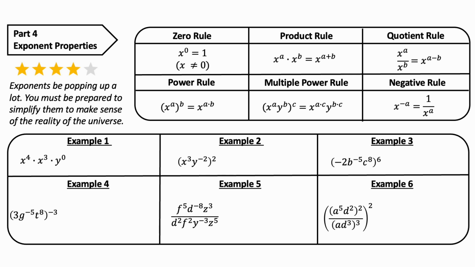So that y to the 0 just becomes 1, and now we're multiplying everything by 1, so that can really just go away. Now x to the 4th times x to the 3rd, well, we can just follow the product rule. We have the same base, and so when we're multiplying two exponents that have the same base, we can just add those exponents together. So x to the 4th times x to the 3rd gives us x to the 7, because 4 plus 3 equals 7. Now, in example 2, we have x to the 3rd, y to the negative 2, both raised to